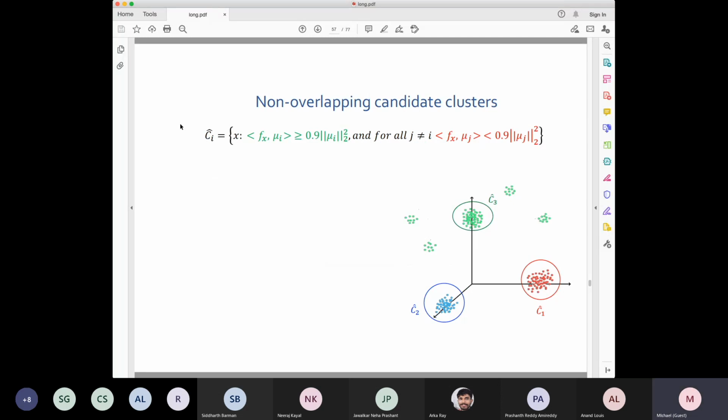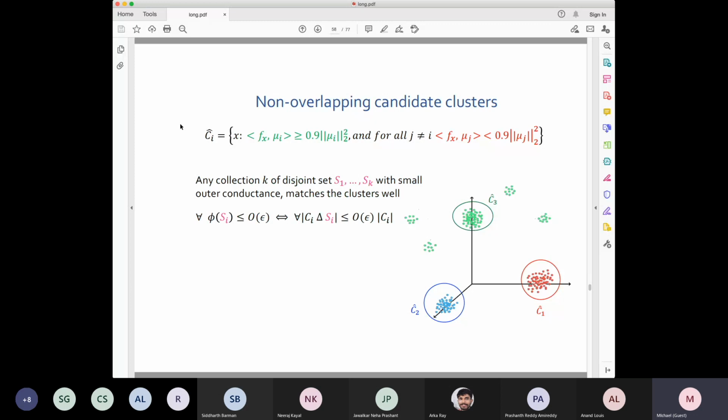A point x, a vertex x, will belong to the ith approximate cluster only if it is pretty correlated with the ith direction and not correlated with any other directions. So by definition, these Ci hats do not overlap, and that is great. However, the problem with them is that they don't necessarily form a good clustering, because let's say in this